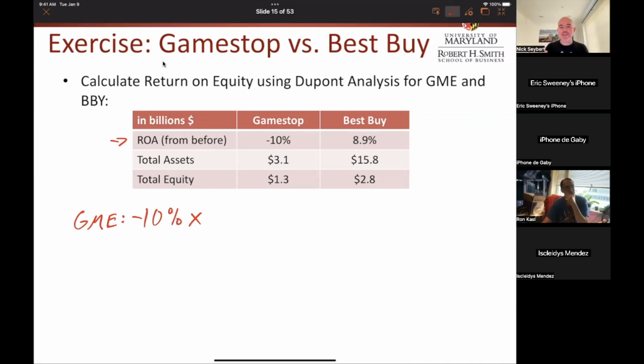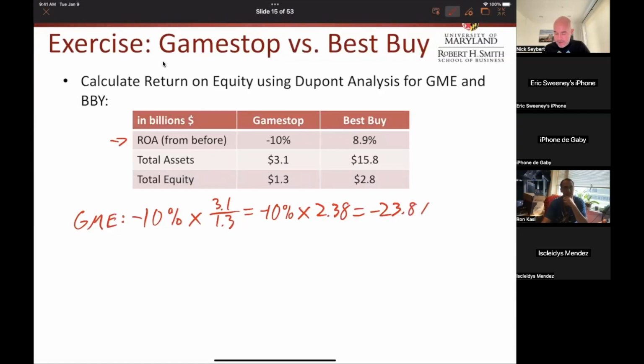And again, this weird leverage ratio is assets over equity. So in the case of GME, that is 3.1 over 1.3. And if you do the math, well, we don't need to do the math on the negative 10%, but it's negative 10% multiplied by 2.38. So what that 2.38 is saying is that for every dollar of equity, GameStop has $2.38 of assets. Okay. So clearly its assets aren't all financed by equity, right? If they were, then it would be one. But they've got an extra $1.38 of assets financed by liabilities. Okay. So if you do the math on that,